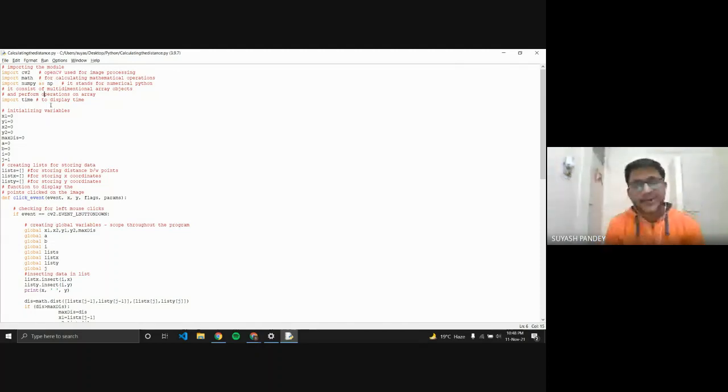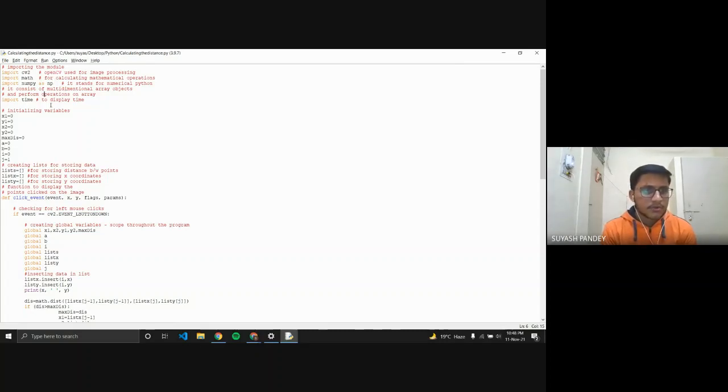So when we need to calculate the distance between two points, we need all the coordinates of those points. So we will need four coordinates for that. We have initialized four coordinates, that is x1, y1 and x2, y2, and initially we have kept the values of those variables as zero. We have also initiated one more variable, that is max distance, which is also equal to zero at the starting of this program, and we have created four more variables a, b, i, and j for our reference when we would need to store the data in an array.